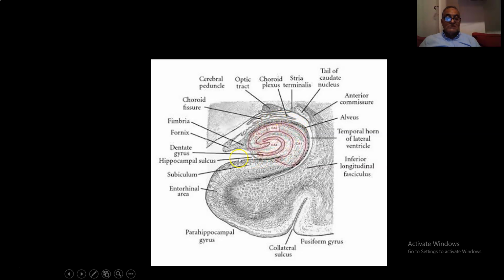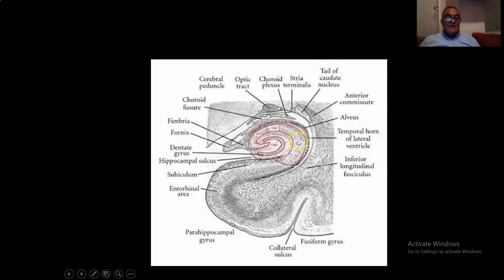Also, the hippocampus, as we said, has got a neck called the subiculum, has got a belly, which is called the parasubiculum, dressed by the parahippocampal gyrus, and then before the tail, there is a sulcus here called the collateral sulcus, and the rest of the tail is the fusiform gyrus. So again, the hippocampus has got teeth, the dentate gyrus, reached through the dentate sulcus or hippocampal sulcus,